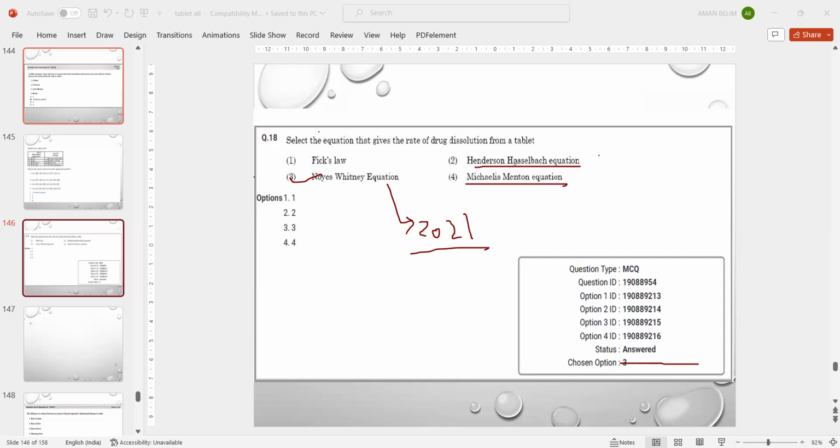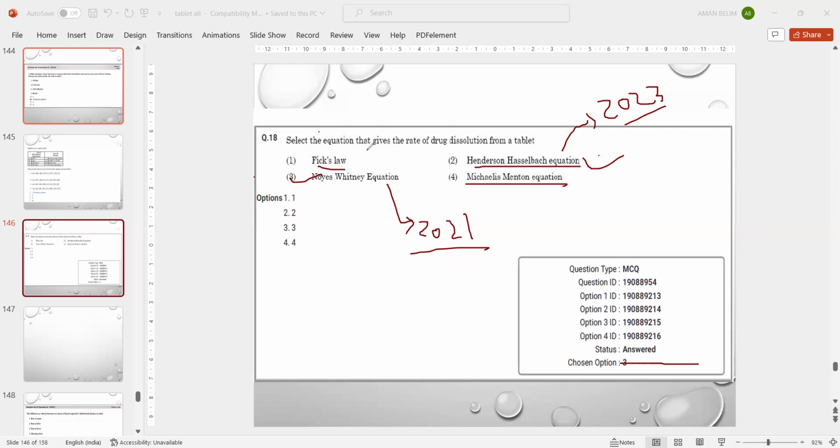Yes, for the pKa, right? If we have to identify the pKa of a drug at a particular pH, then we have to use the Henderson-Hasselbalch equation. Remember the Henderson-Hasselbalch equation because every year they ask questions on it, and from this equation in NIPER 2023 also they have asked the question. Okay, and